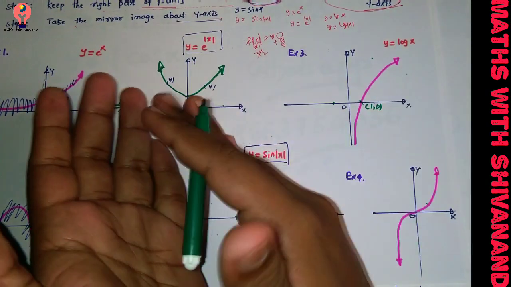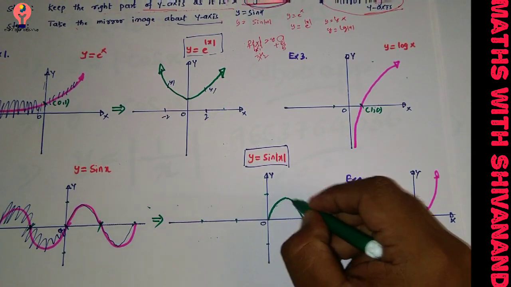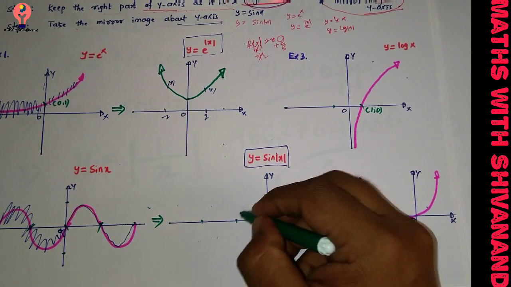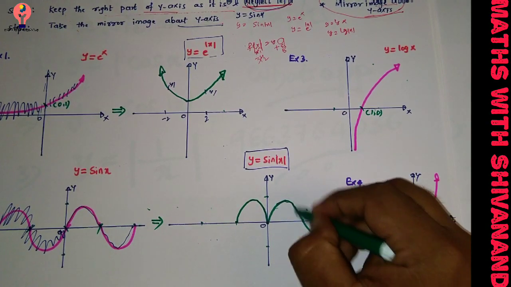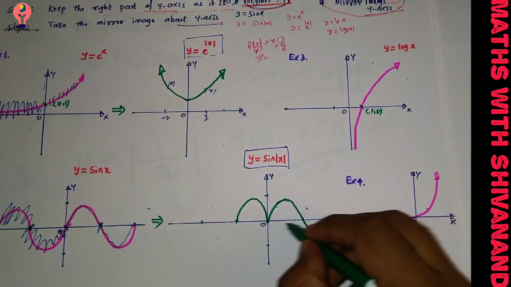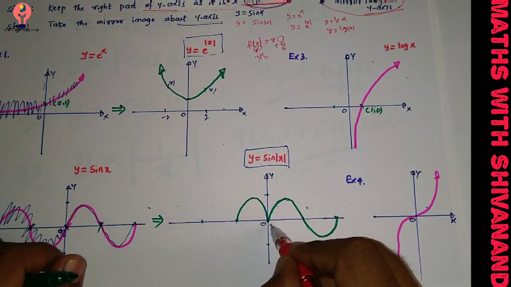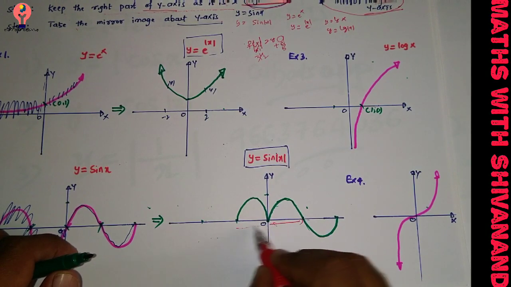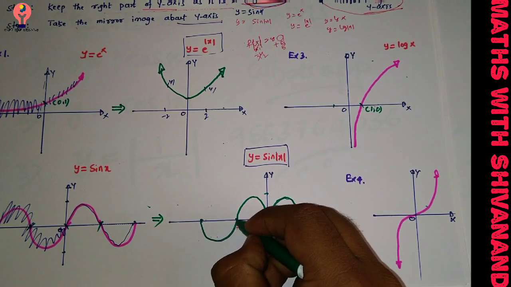You completely flip with respect to 180, so along the y-axis. See here, this part after reflecting or after flipping over here, so can it be like this? Definitely. Okay, this part I'm saying here, and this one. After reflecting, whatever the distance is here, the same has to be maintained here. This is the 0 to pi interval. After leaving 0 to pi here, this has to be lifted over here, shifted definitely.